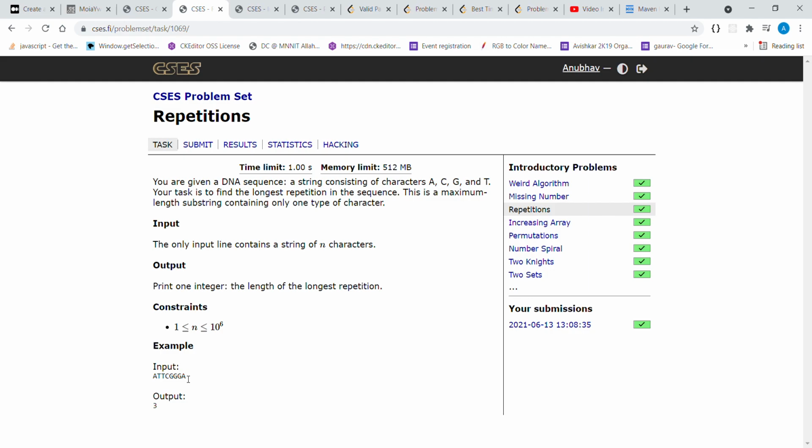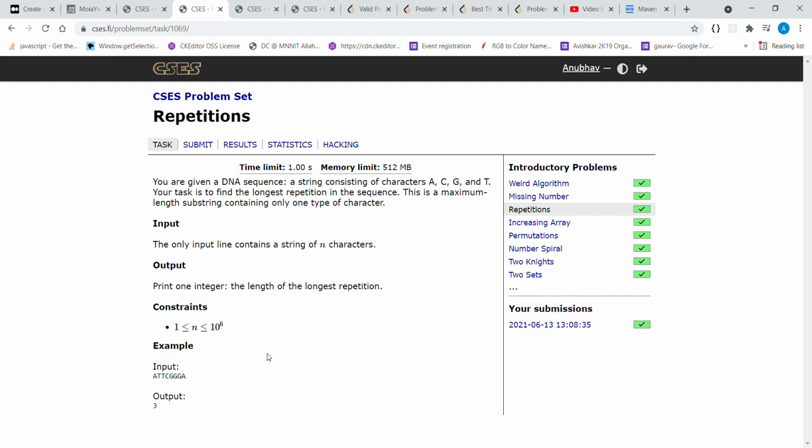Now the value of j minus i is equal to 3 and answer is 2. Hence we update our answer, and at the end answer would contain the longest substring having a single character. Hence, we would be returning answer at the end.